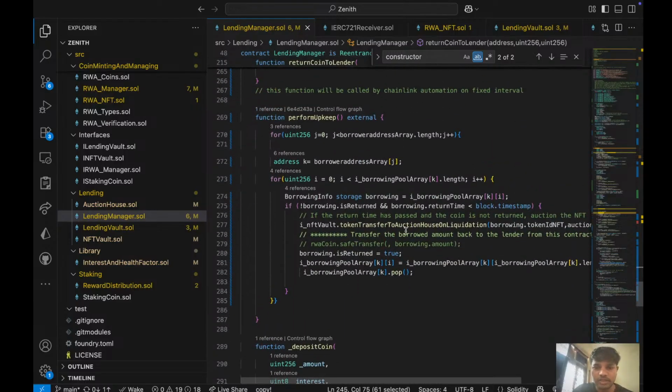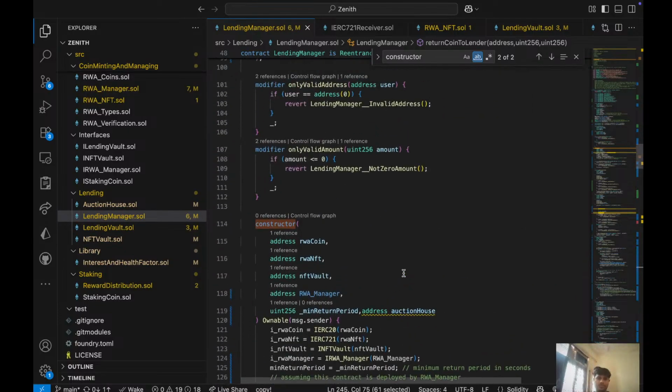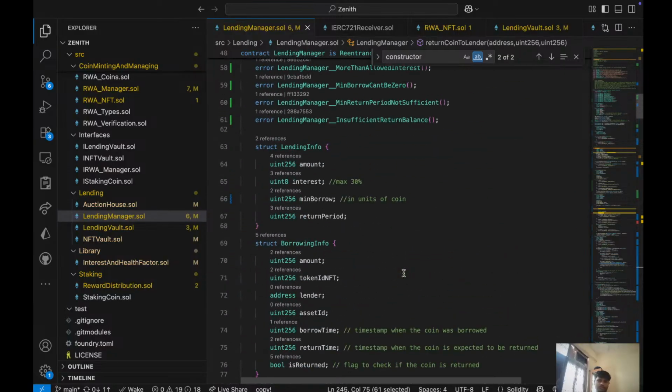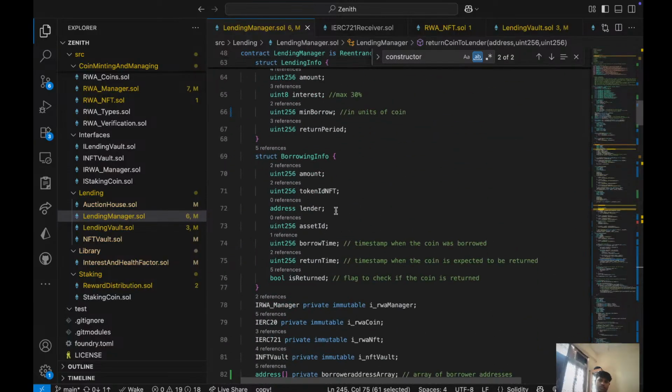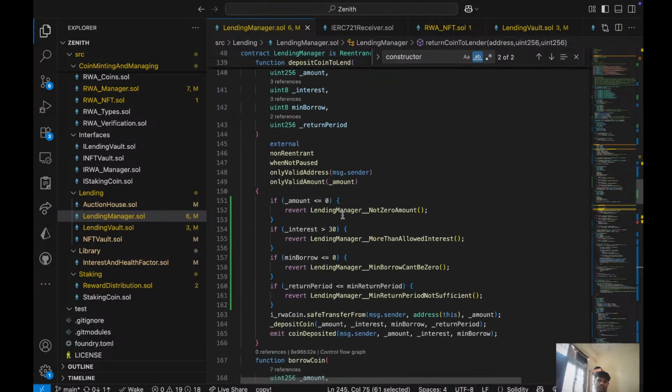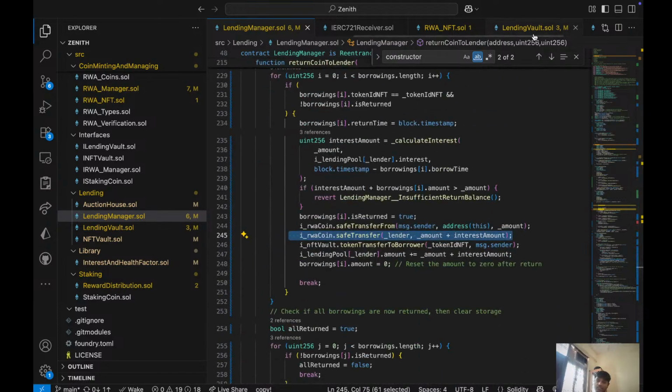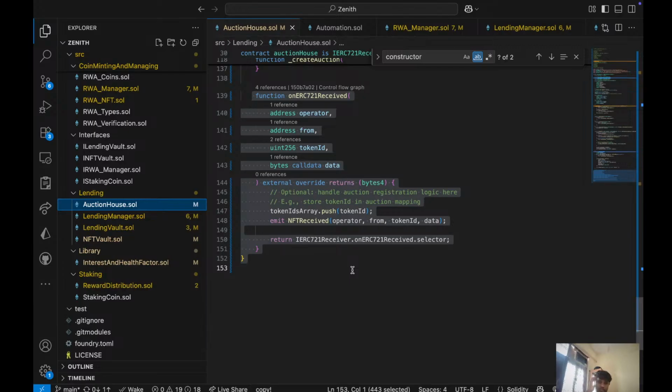This token ID belongs to who? Borrowing pool array. What is in there? Borrowing pool array is the address of the lender, and the amount with interest rate. Okay, I will do that later. Let whatever it is. Where was I? In the auction house. Yeah, what was I doing? What I was doing here was